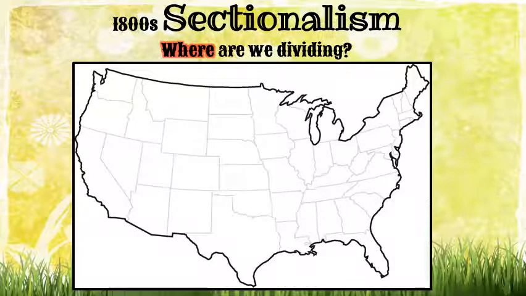So we got to know, where are we dividing at? Where is the division taking place? So let's get some lines on here. On your map, on your notes, go ahead and draw that red line. It's going to trace around the top edge of Texas, follow along Arkansas, across Tennessee, and over Virginia. That divides the southern section from this huge northern portion. But we have one more line. So go ahead and draw that blue line, and this is where you divide the northern section from the western section.